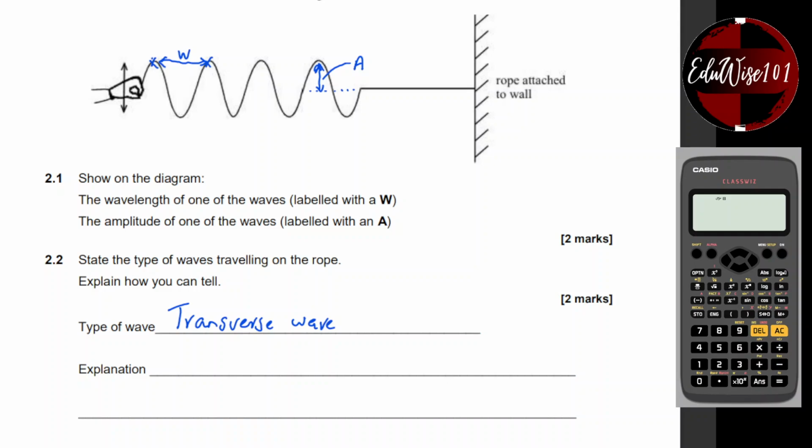Now most students lost marks because we failed to connect 2 key points here. You can say the wave is moving up and down,